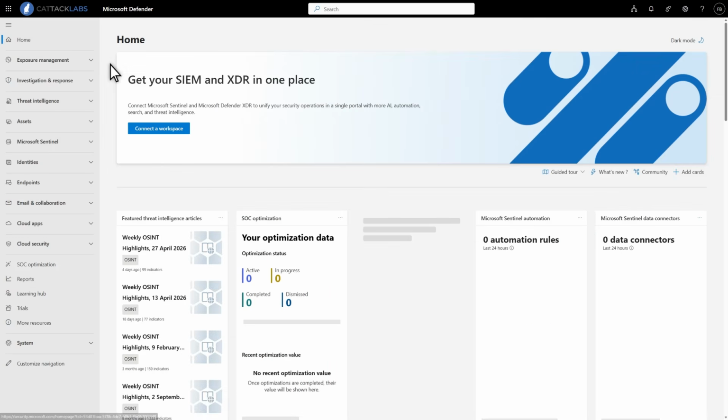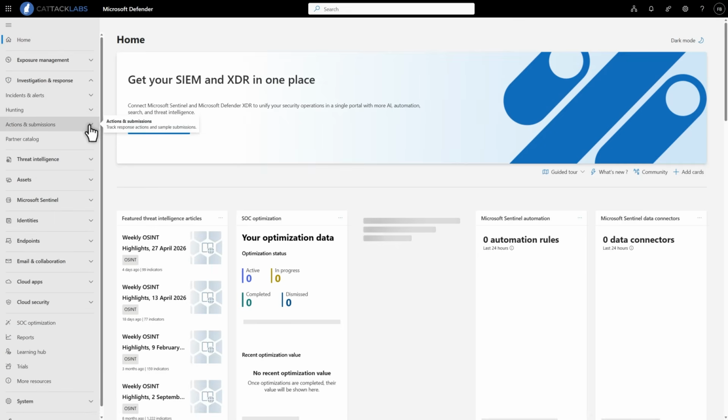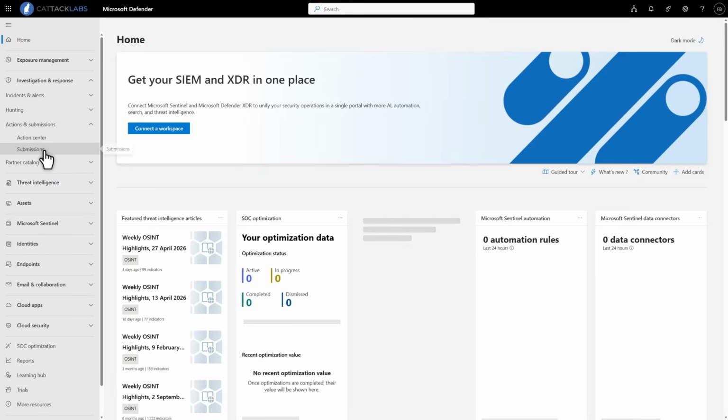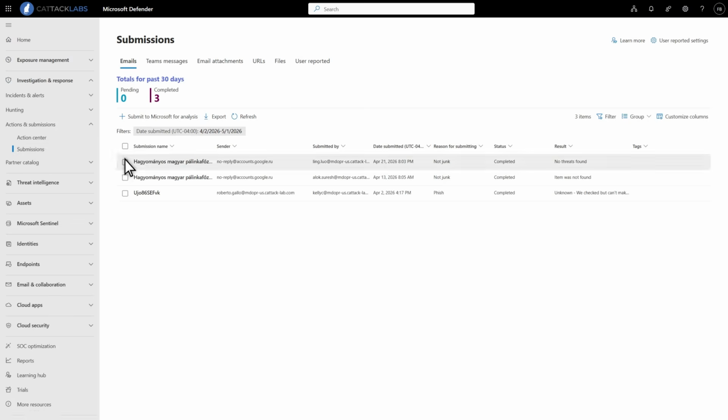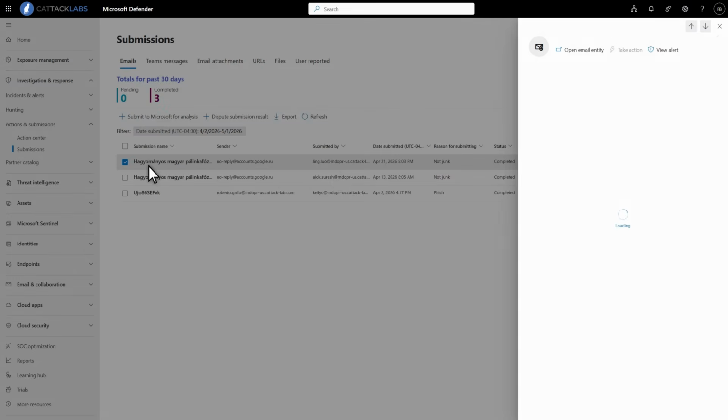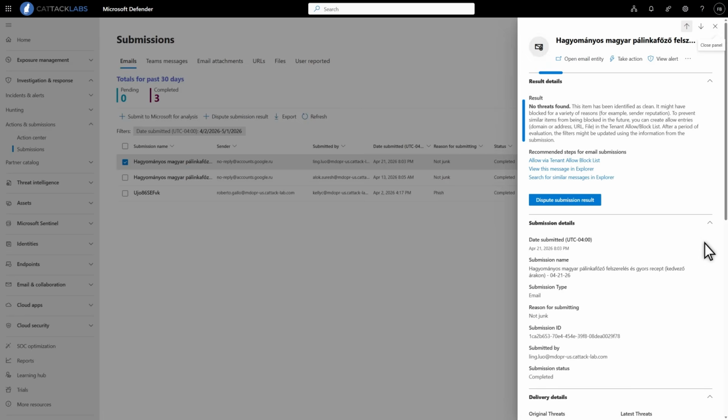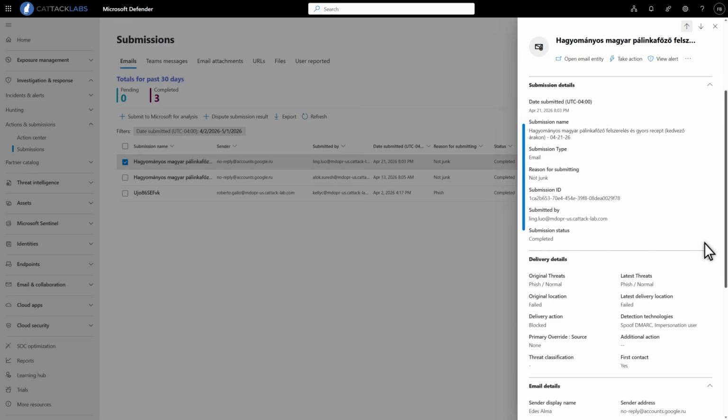From the Defender portal, under the Investigation and Response blade, select Actions and Submissions, then select Submissions. At the top of the page is a tab for each submission type. The Emails tab displays all admin-submitted emails for a set time range. Selecting an email here will show the result details, the submission details,